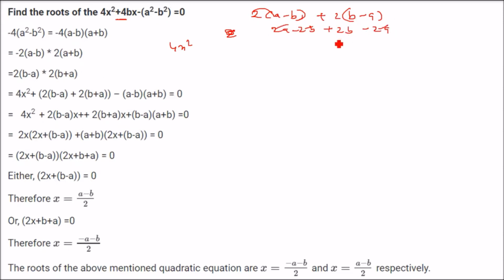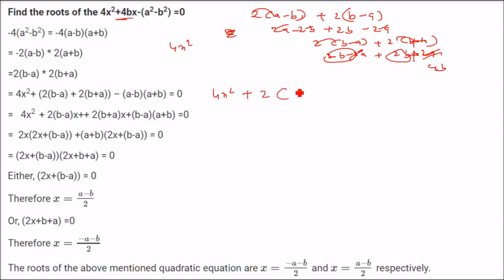But if you write this as 2b minus a plus 2b plus a, what do you get? 2b minus 2a plus 2b minus 2a. 2a gets cancelled. This will be b plus a, sorry. So 2a gets cancelled, 2b becomes 4b. So you can write this as 4x square. 4b you can write as 2b minus a plus 2b plus a